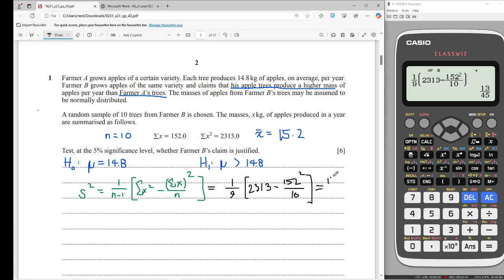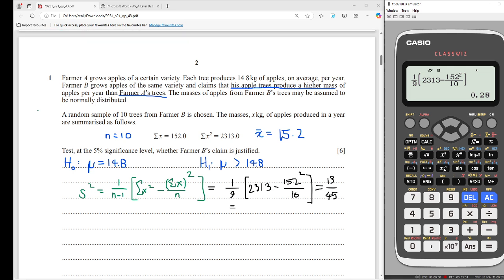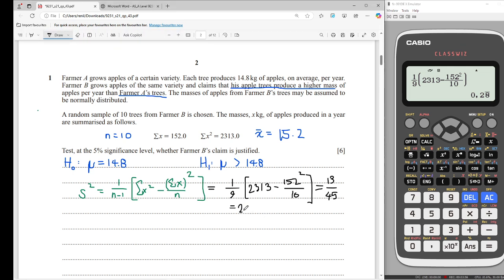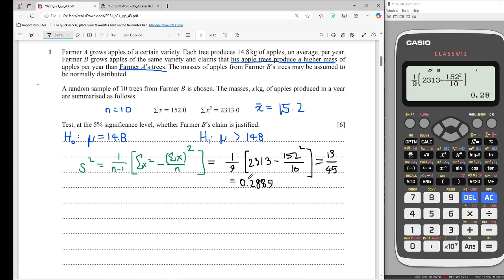This is what we're going to be using in calculations, but Cambridge expects us to get the decimal value as well. So we have here 0.28 recurring. You can keep it to a few significant figures, 0.2889. Now let's keep it to 4 decimal places. Now that we've got that S2,